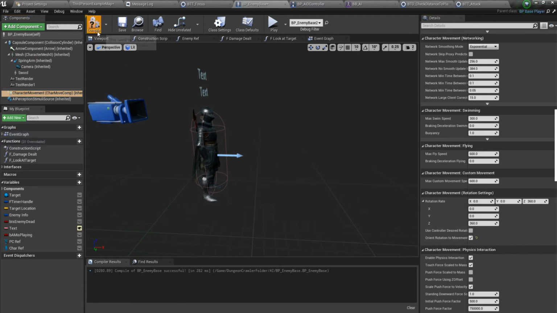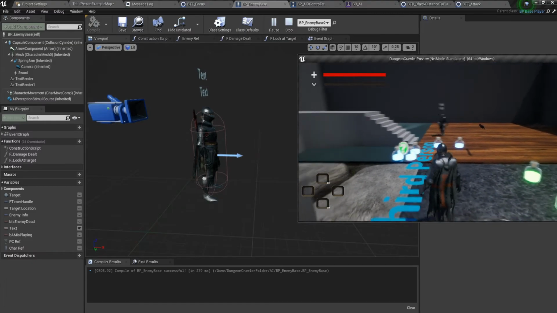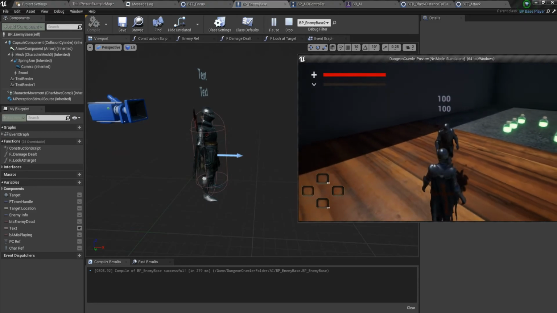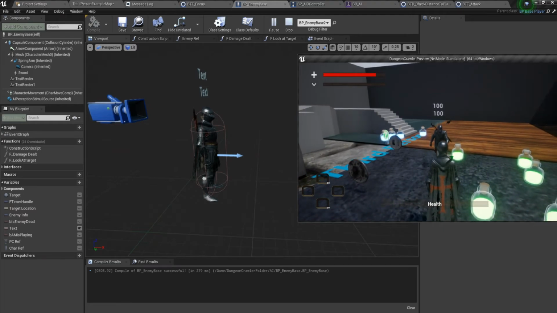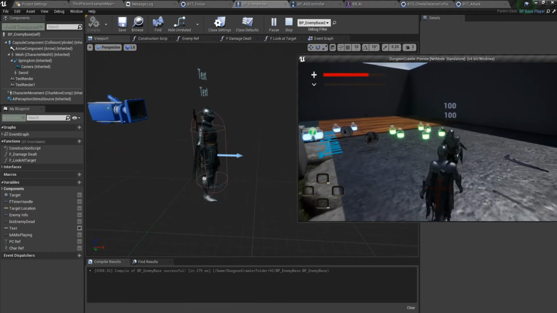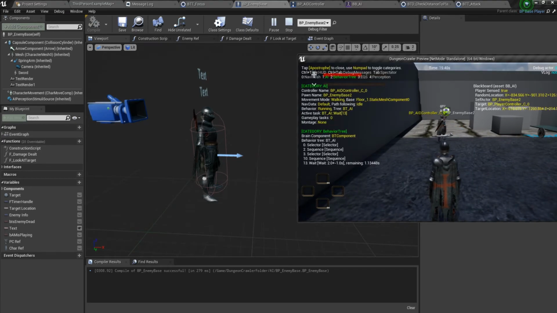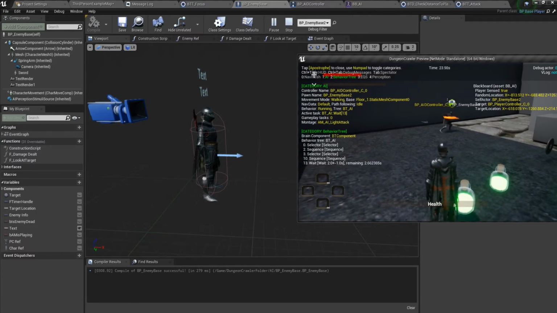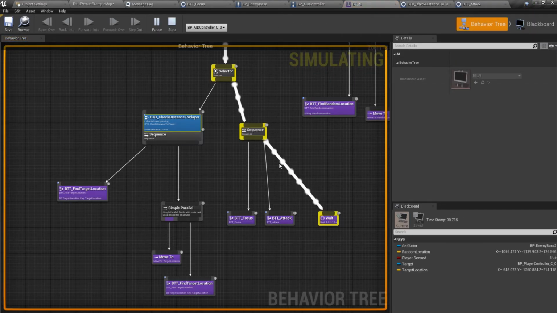Maybe use orient rotation to movement. Yeah. Orient rotation to movement does that. Yeah, it lost. Okay, I'm pretty much sure. Yeah,